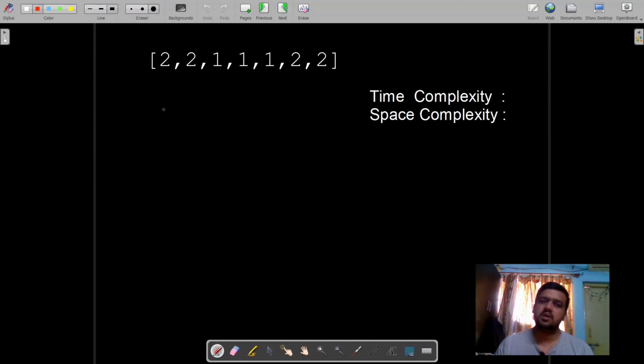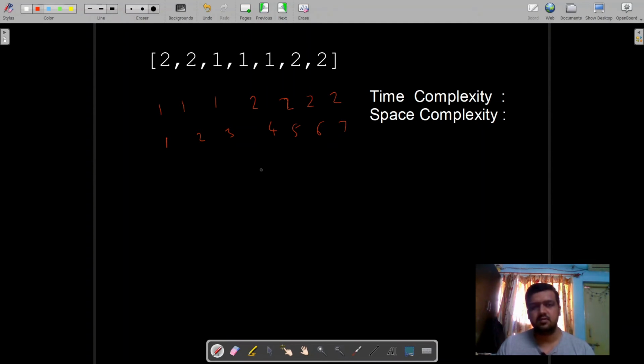So if I sort this array, what I get is 1, 1, 1, 2, 2, 2, 2, right? So these are indices 1, 2, 3, 4, 5, 6, and 7. If I sort this, then I can easily get my answer, because I can check the element at position n by 2.